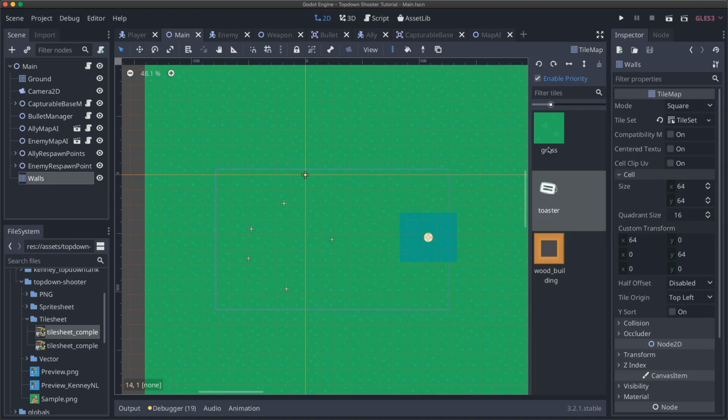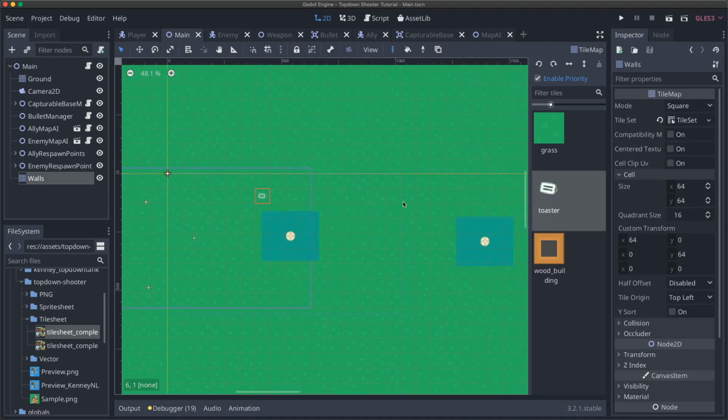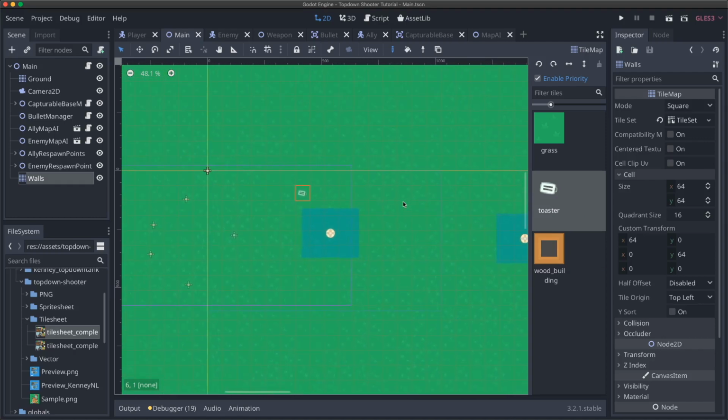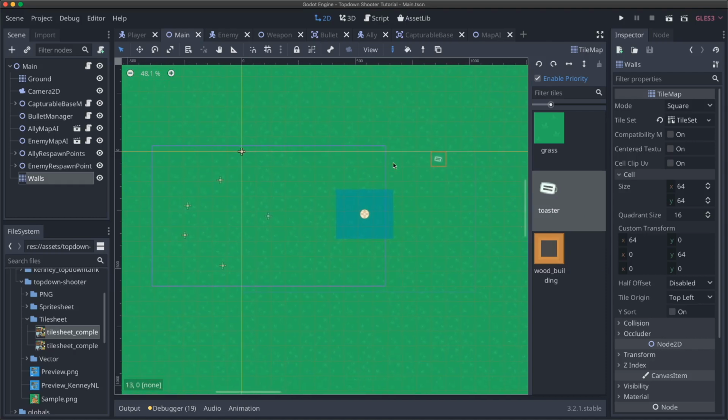So we've got all 3 types of tiles here, but what we don't have is collision, and we don't really have any decoration. It's really nice that we have grass here, but it's kind of boring. And it's kind of bright too. It just stands out. So what I want to do now is add 2 things. I want to add some dirt or some other ground tiles that we can use. And I want to add collision shapes to our walls so that we have some obstacles the player and enemies